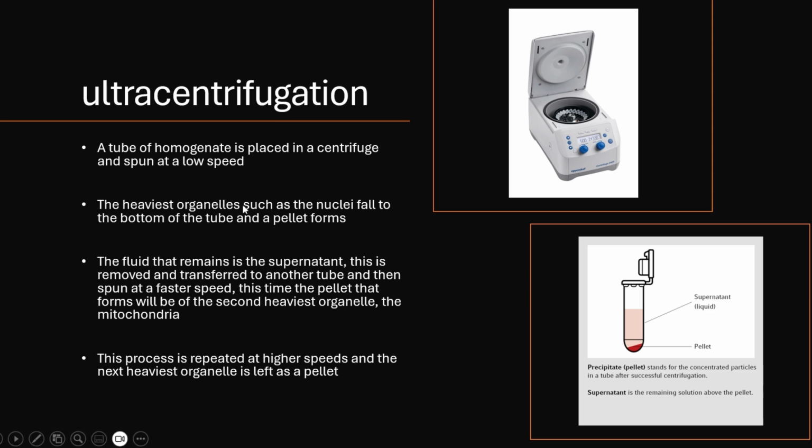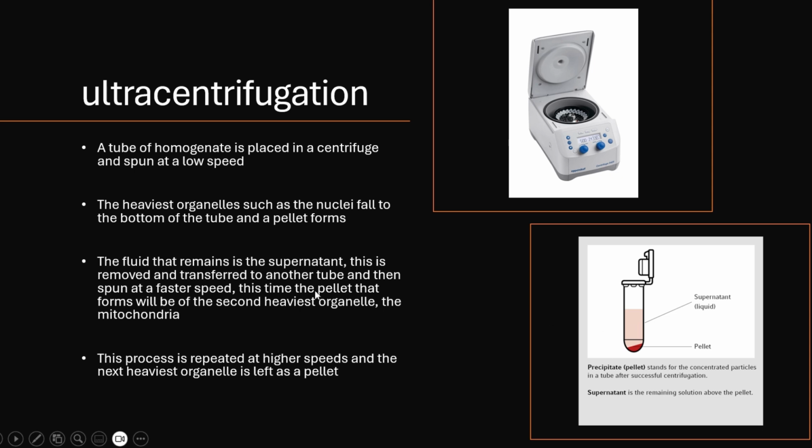And the heaviest organelles, like the nucleus, are going to form at the bottom first. You need to remember this. The nucleus falls first, yeah? It's going to fall to the bottom, and then the fluid that remains is called the supernatant, yeah? So the nucleus and all that is going to fall to the bottom as a pellet. And the liquid above it, the liquid that remains, which contains all the other organelles, is called the supernatant,